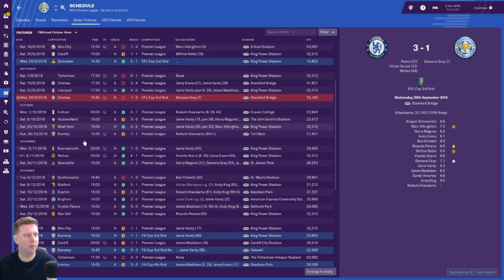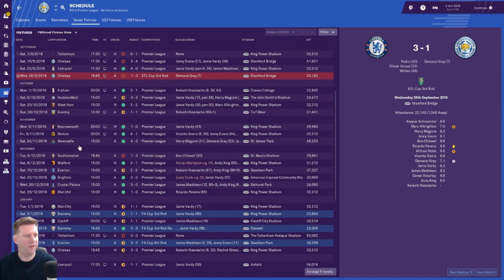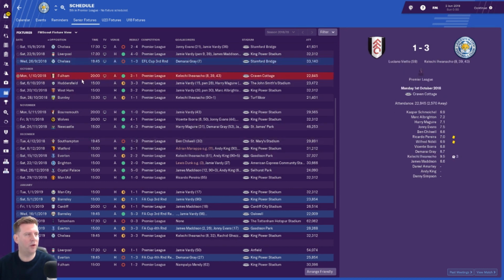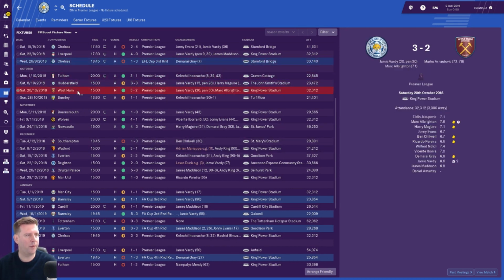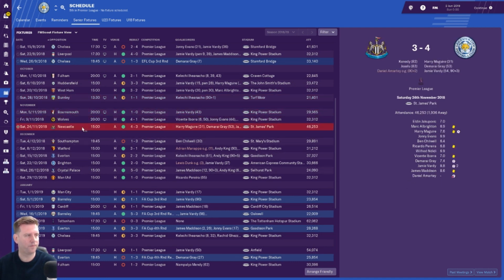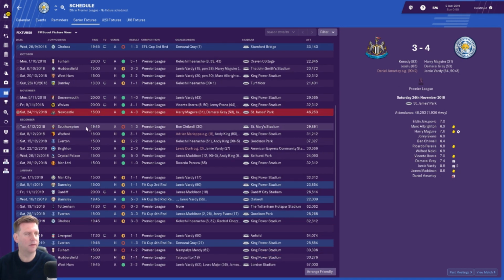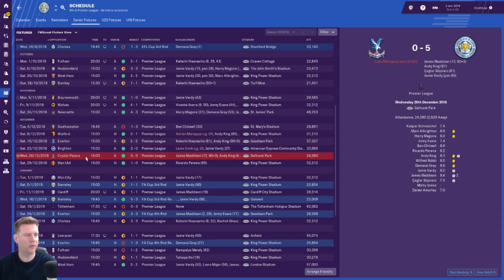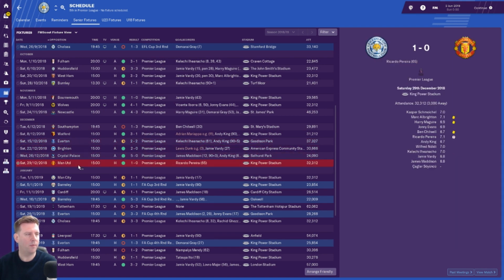Then there's an unbeaten run coming here. In fact, there's a really impressive run I'm about to go through. Starting from October, they beat Fulham, drew with Huddersfield, beat West Ham and drew with Burnley. Then November, they beat Bournemouth, Wolves and Newcastle. Into December, they lost to Southampton, but then beat Wolves, drew with Everton, beat Brighton, thumped Crystal Palace, beat Man United,